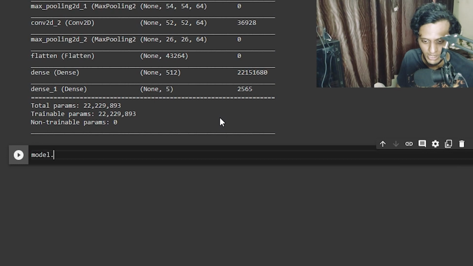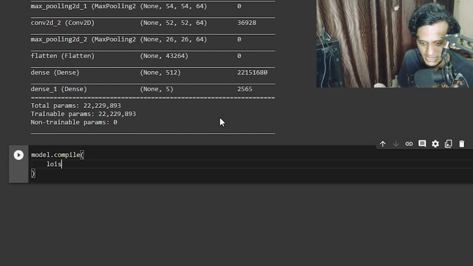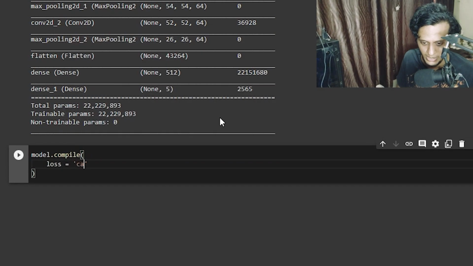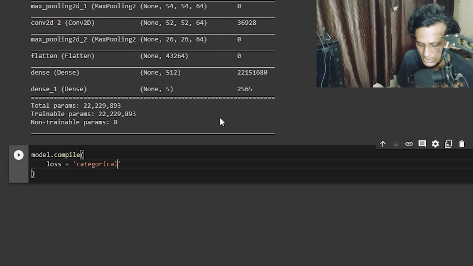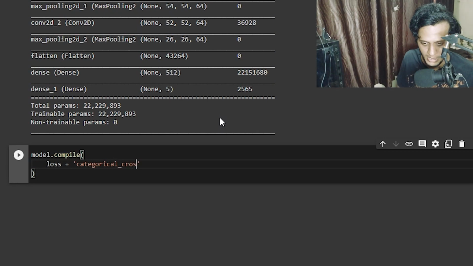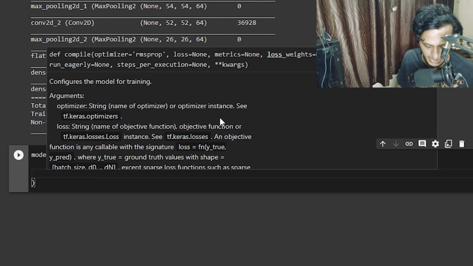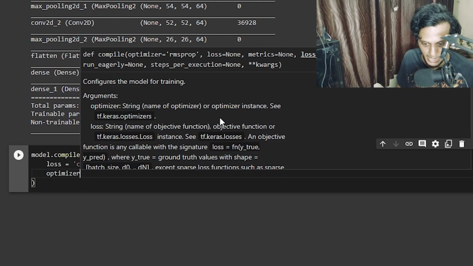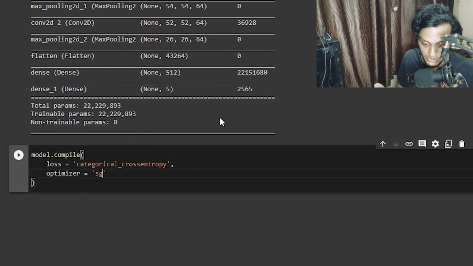Now the next step is model.compile, as we all know. In the compilation, I'll say loss is equal to categorical cross entropy, since this is not a binary problem and it has to classify 5 flowers. And then my optimizer, as usual, I'll say stochastic gradient descent.